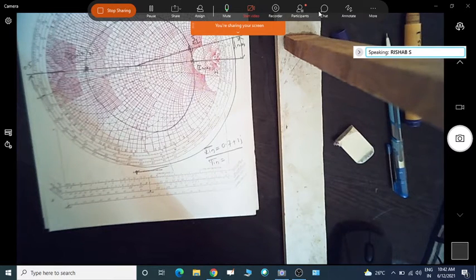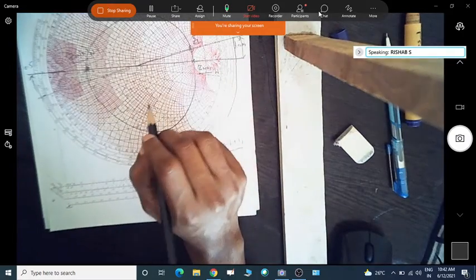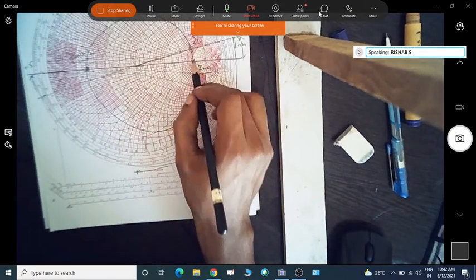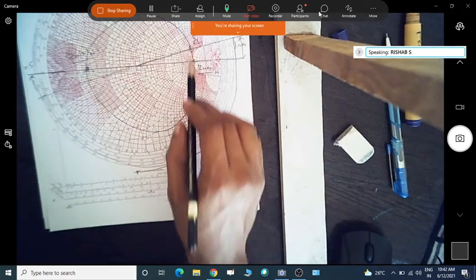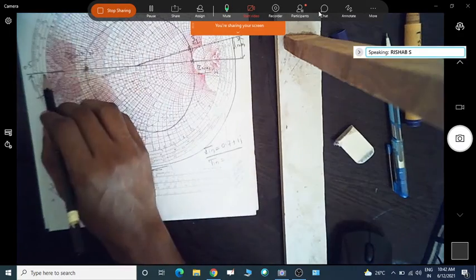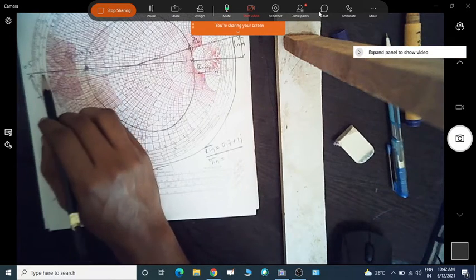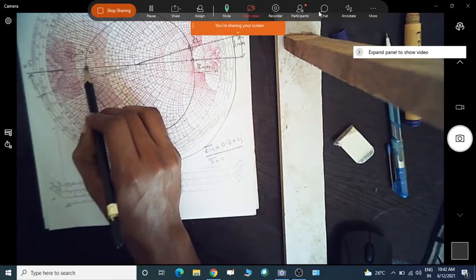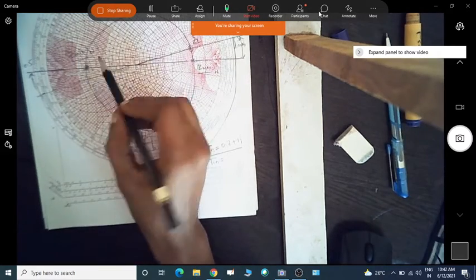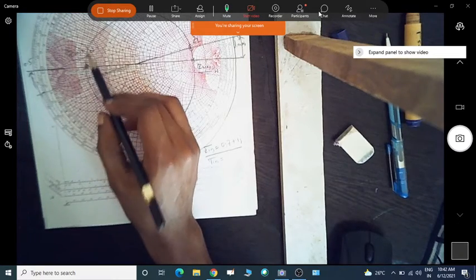The 5.0. 5.0 is the Z max normalized value. Yes, sir. Similarly, you find out Z minimum normalized value, where you are moving on the VSWR circle where the real axis has phi equal to 180 degree. So 180 degrees in this axis. So here we will be meeting the point where the VSWR circle and real axis meet. This is Z minimum normalized.